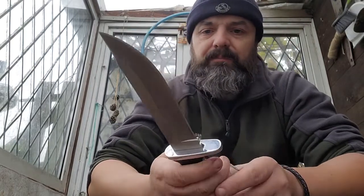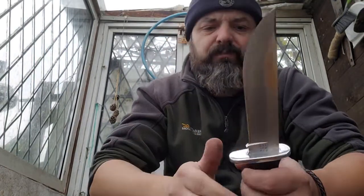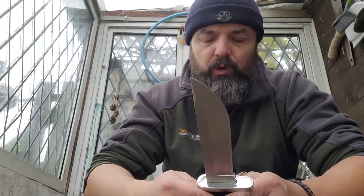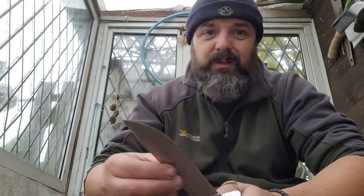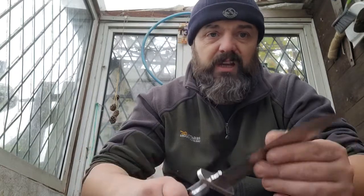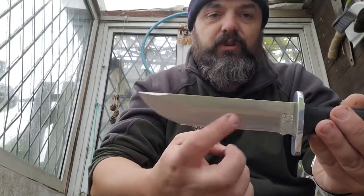So back to the knife. It's made from 420 stainless steel. Now 420 steel is actually kind of a lower end steel, kind of a budget steel, but Buck has this amazing heat treat called the Paul Bos heat treat on their steel, and it's incredibly durable. It's incredibly easy to sharpen. Keeps an edge for a relatively long time. Obviously, it doesn't keep an edge as long as some other high-end steels, but for what this is, it really impressed me. And as you can see, like a lot of Buck knives, it does have a hollow grind,